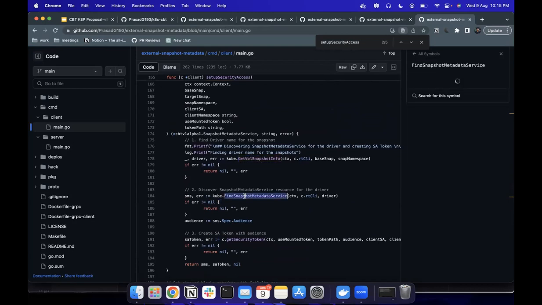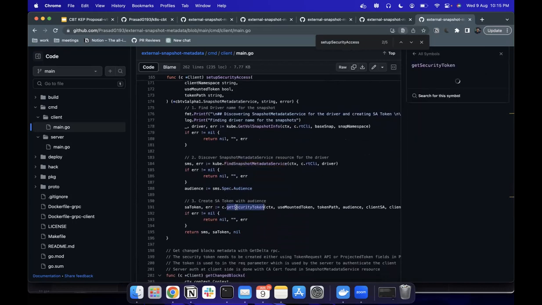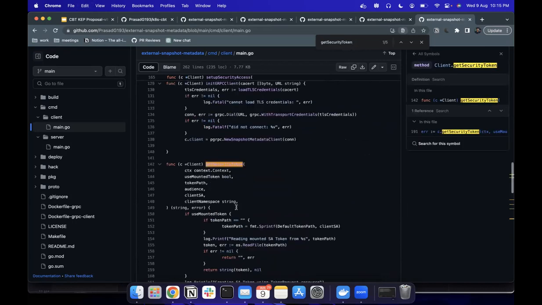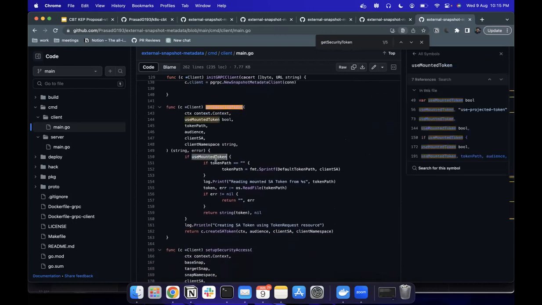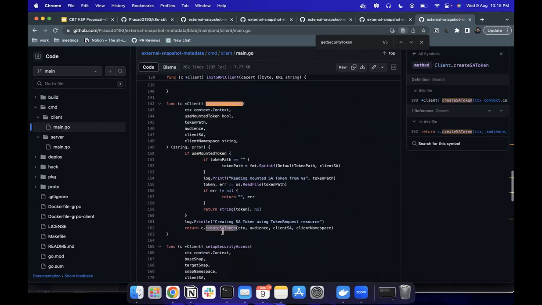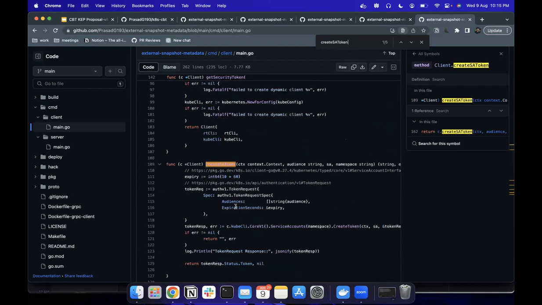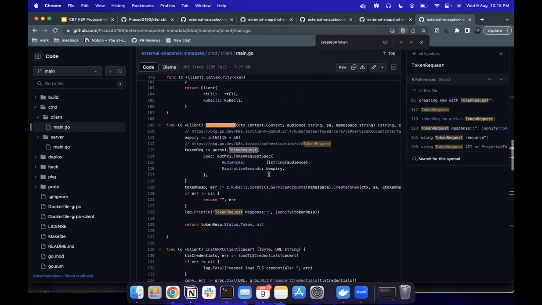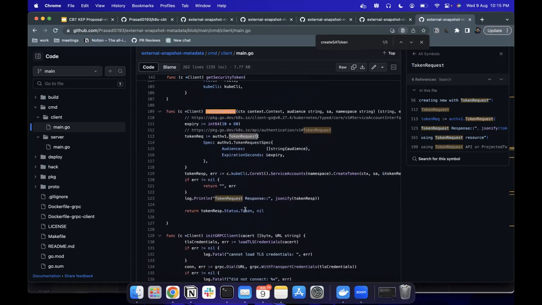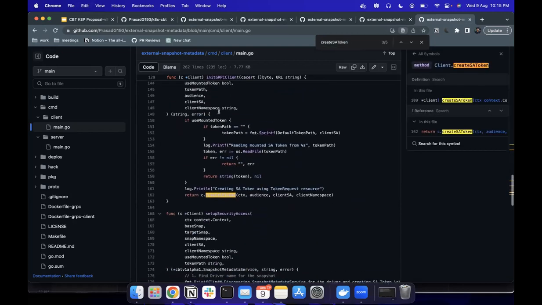Then we get the snapshot metadata service object for the driver, from which we get the audience, and then we create the security token. If we have passed flags like use mounted token, we read it from the file. Otherwise, we call the create service account token method, where we call the token request API with a given audience and given expiry. In the response, we get the token, and we use that token